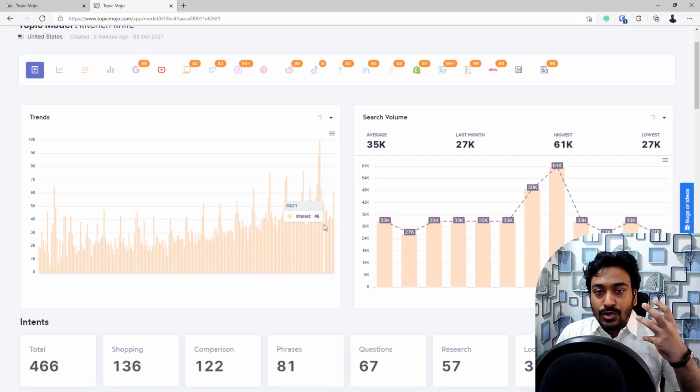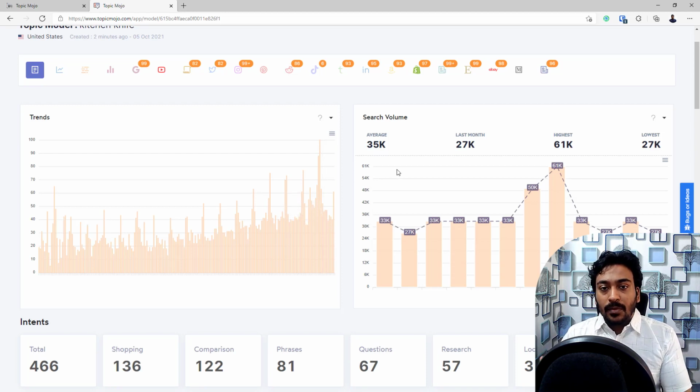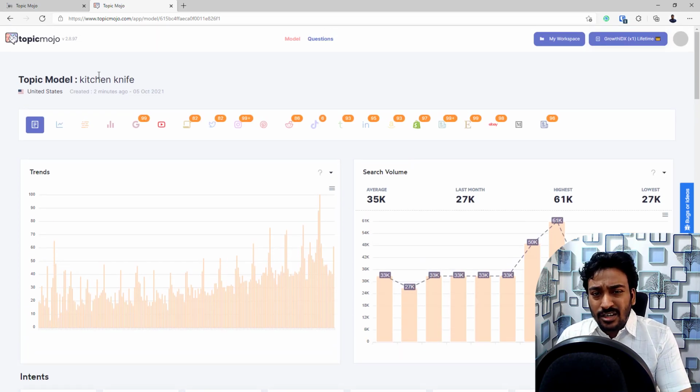So it helps you to understand what kind of changes the industry is going through, from the brief itself. And search volume gives me an idea on what kind of topical demand there is. It's not ideal because we are not going to go after "kitchen knife" per se, but we use this search volume to see, okay, what